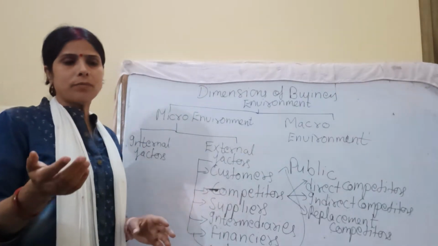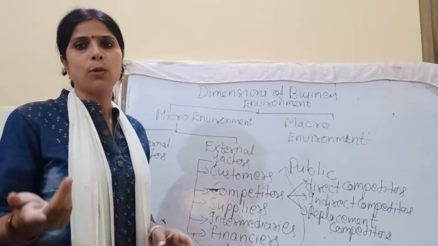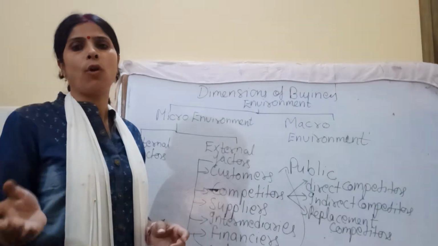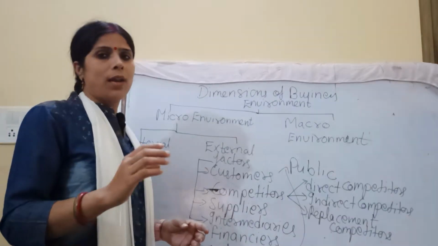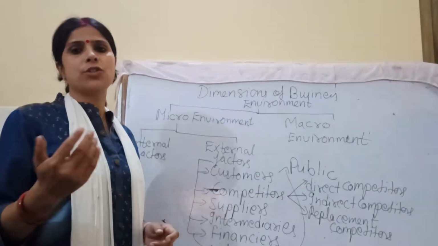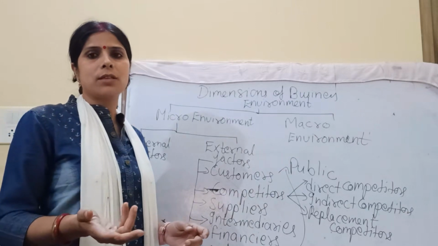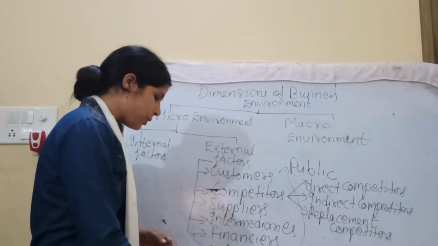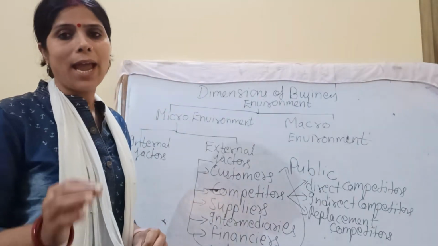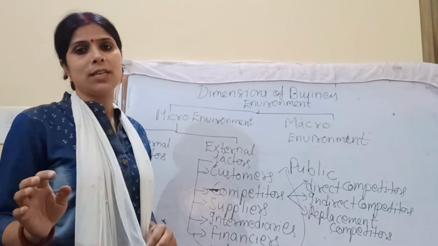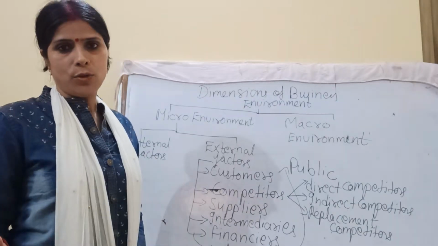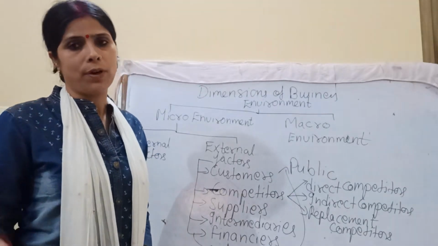Now there are many agencies like warehousing and transportation. They help in the physical supply of the products. There are many other facilitating functions also, like research and development, insurance companies, and advertising agencies. They help in providing facilities. Advertising agencies help in creating the demand for the products. So these are called facilitating functions.